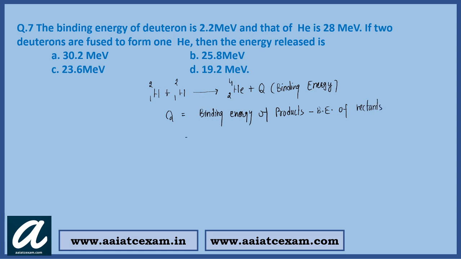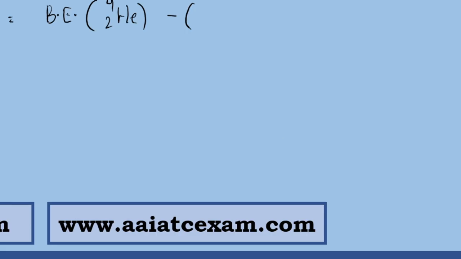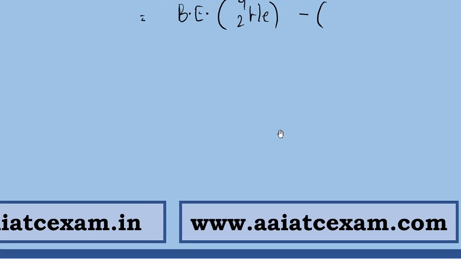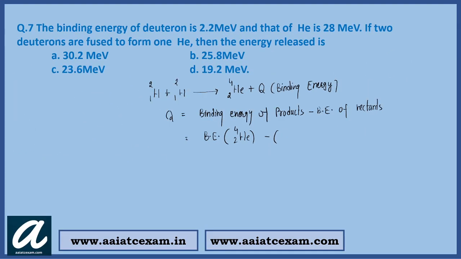Now students, what is the binding energy of products? It is the binding energy of helium 2, 4, minus binding energy of reactants, that is binding energy of 2 times the